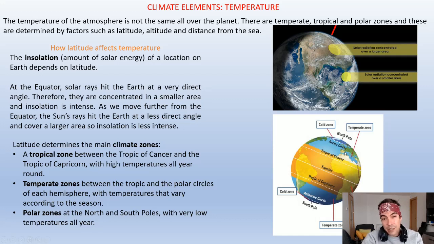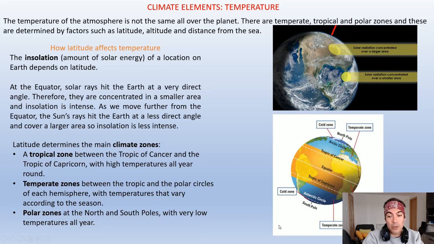Here in Spain, we have low temperatures because we are in winter. Right now, you cannot go outside because we are in an alarm state. I don't know how it is said in English, estado de alarma. We cannot go outside, but if you go to your balcony, for example, you will notice that it is very cold outside. And finally, we have the polar zones, both at the North Pole and the South Pole, with very